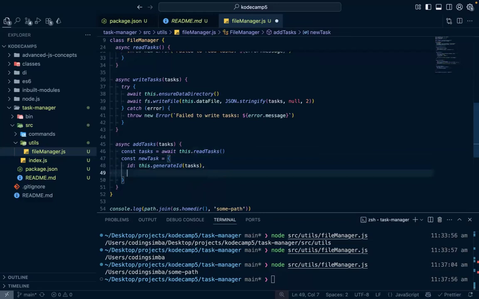So after that, okay, this should be task, not tasks, task. So after that, we'll come over here and then the rest of the task, we'll add the rest of the task